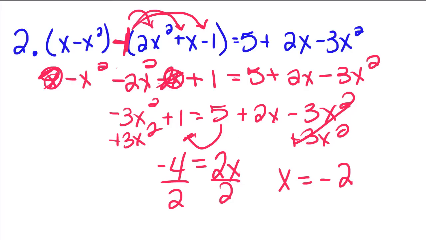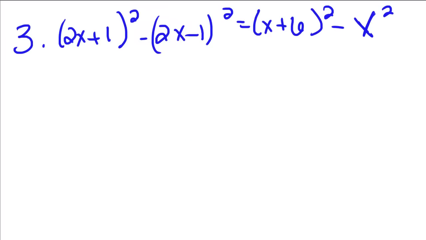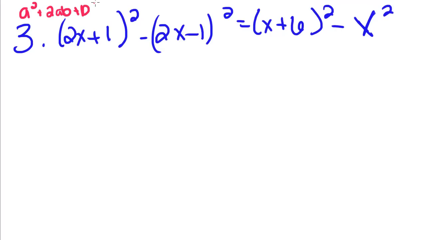So we're going to do one last example, and this one's a little more complicated because we have a lot of squaring out to do. But it's really helpful if you remember this little pattern that we figured out when we square binomials. Remember, you get a squared plus 2ab plus b squared. So for this one, 2x plus 1 squared, I just have to square the first one, 4x squared,